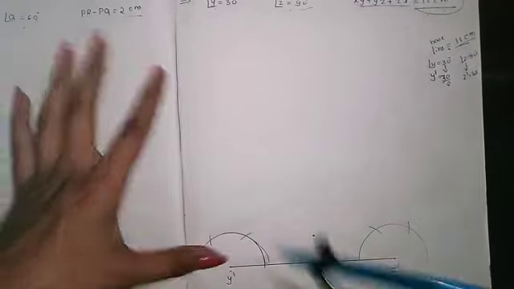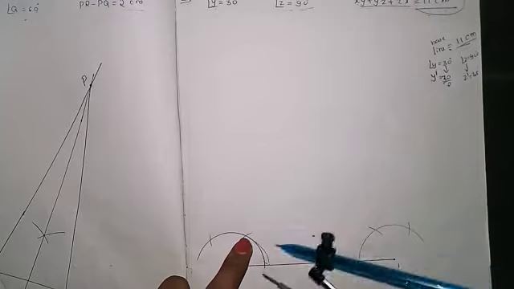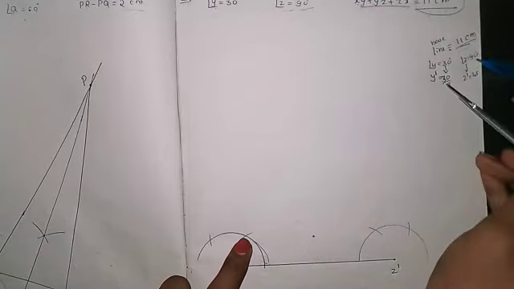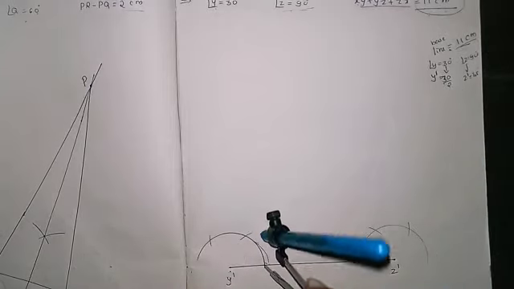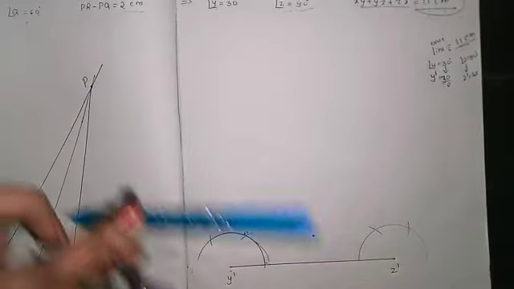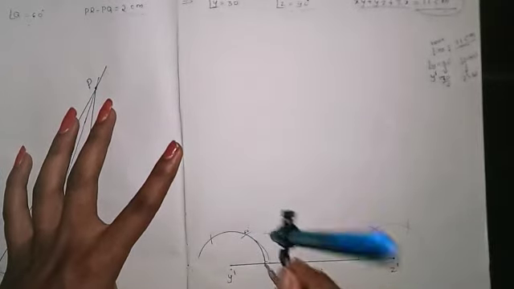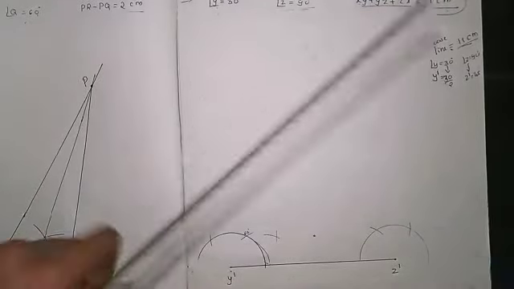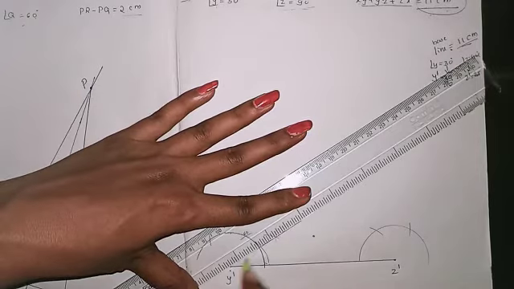So here, from this, it is now 60 degrees, so I want 30. I have to create the 30 degree angle here again, so from the 60 I have to make the bisector. As it is a 60, I will first create 30 degrees. For that, take more than half, take one point and take one point. So this is the point where you got the 30 degree angle now.